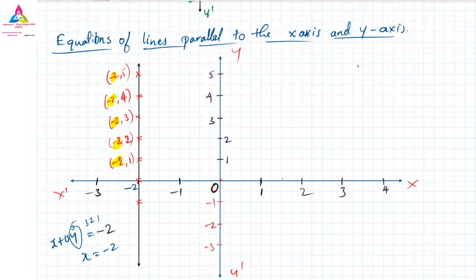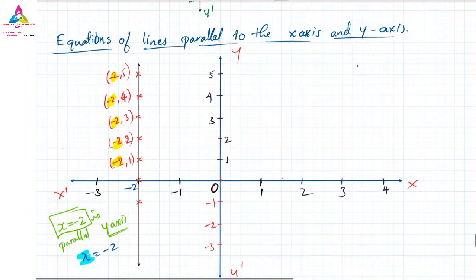That's all. When we have the absence of the y, here you can see there is no y at all. Then that line is parallel to the axis of the absent variable. x is equals to minus 2 is parallel to which axis? The y axis. If the question is given this way,